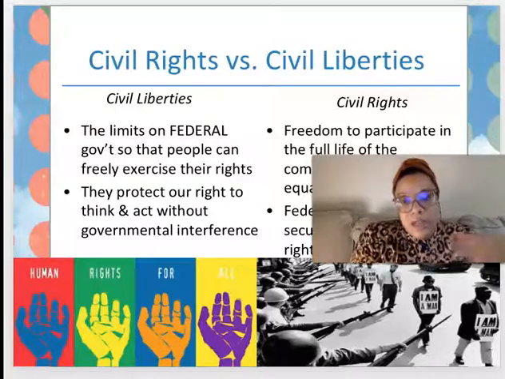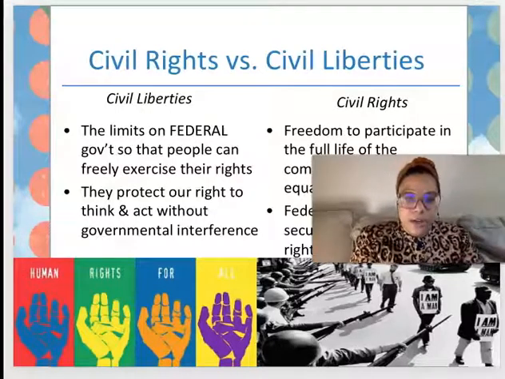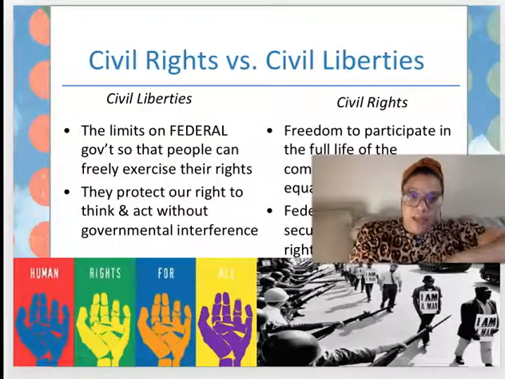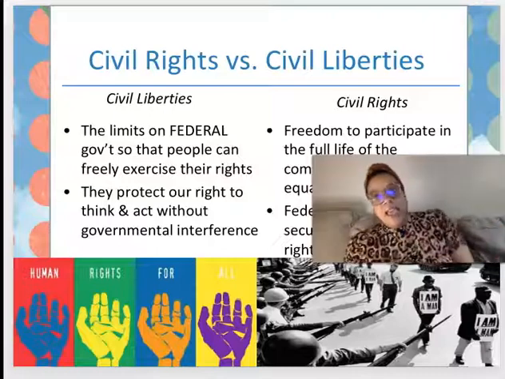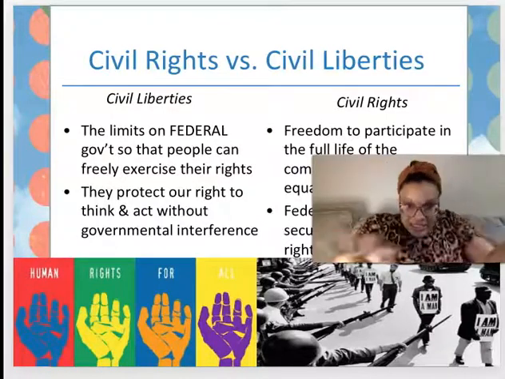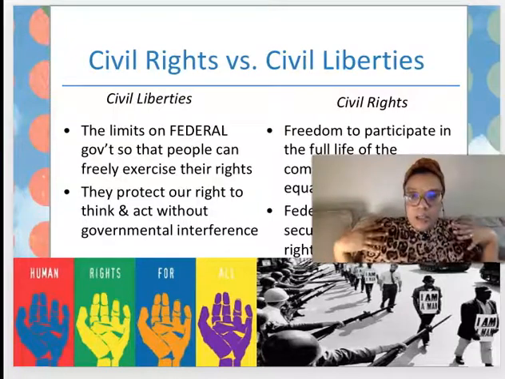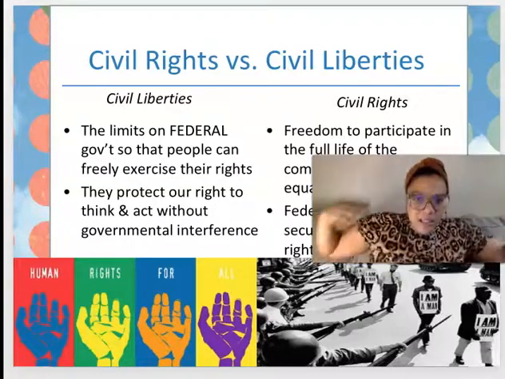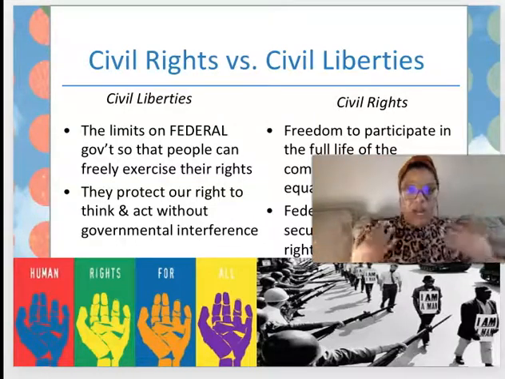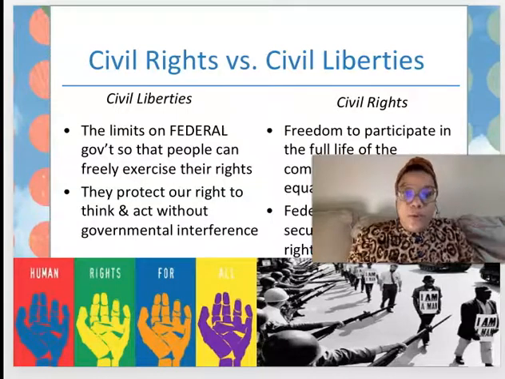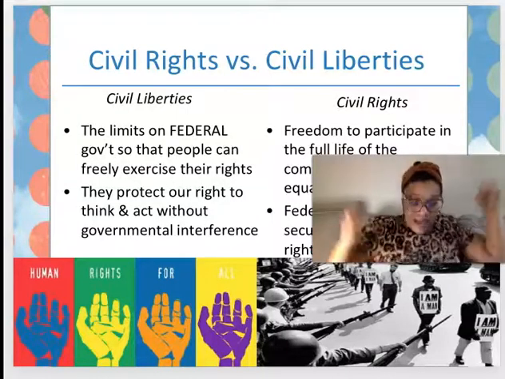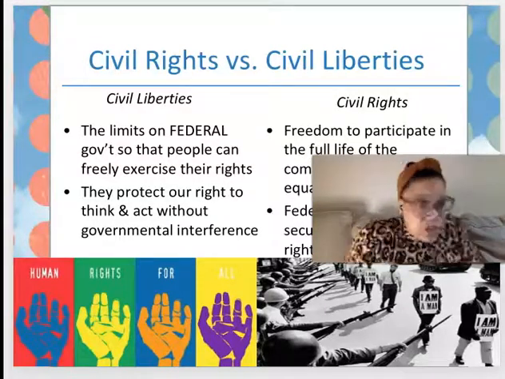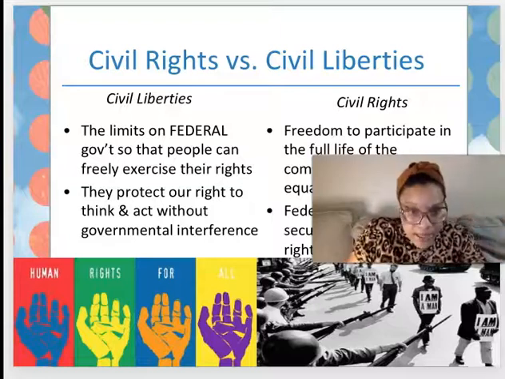So the federal government typically secures these rights and freedoms. Now, one way that I find helpful to think about the difference between these things is that civil liberties are the spaces where the government can't intervene. They are the limits, things that hold back the state from intervening in your life, as opposed to civil rights, where the government has typically had to take action,